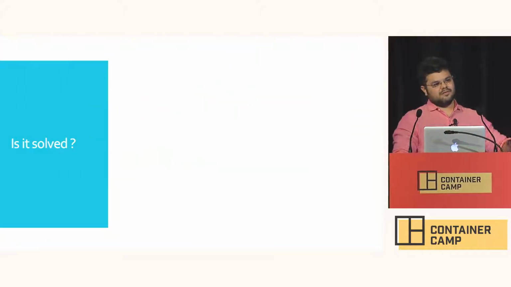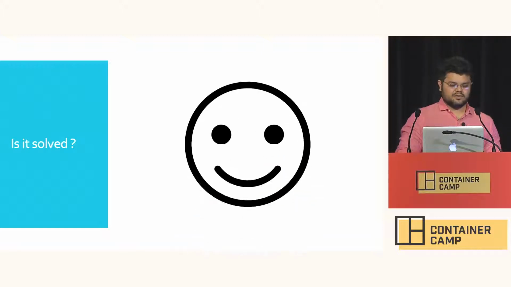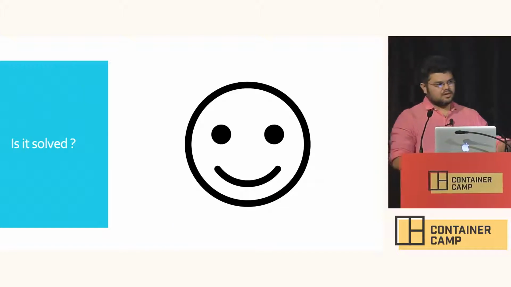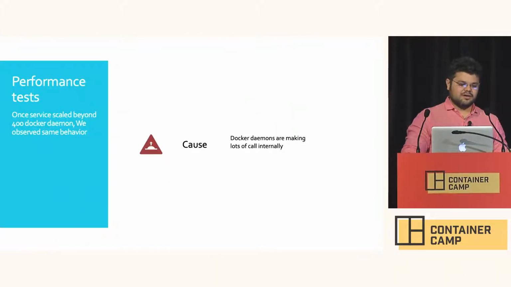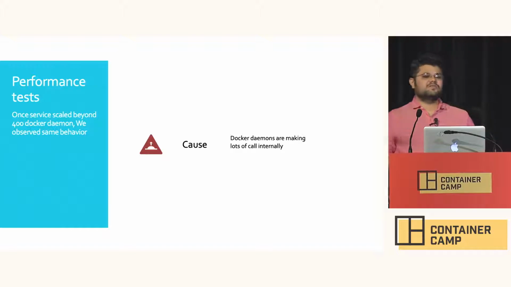Now we again evaluated, we bumped up the hardware, we figured out the Docker bottleneck. So we thought now it should have been resolved. It was resolved, but the thought occurred that, let's say today we are running with 250 plus Docker daemons, tomorrow we'll be running with thousands of Docker daemons. So we started doing performance tests. Once we hit